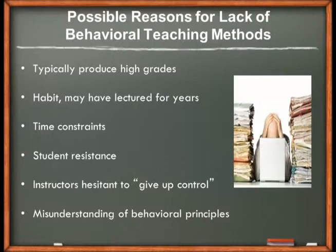Habit for many students or instructors, if they've used lecture, that's how they learned when they were a student. You use what you know. Time constraints. Behavioral teaching methods often at first can be more time-consuming for those of you that are faculty, tenure track, you have other research, service expectations, devoting a significant amount of time to teaching can be problematic. Student resistance. Some students really learn well with lecture, they know lecture, so mixing it up and having a disruptive teaching method could